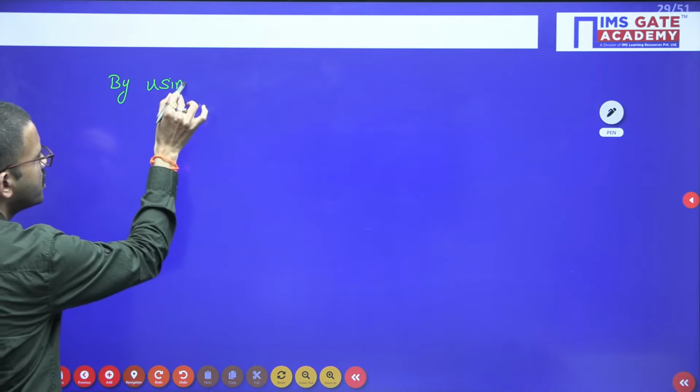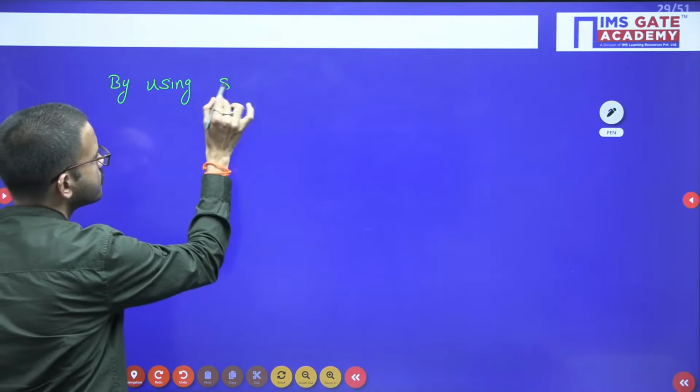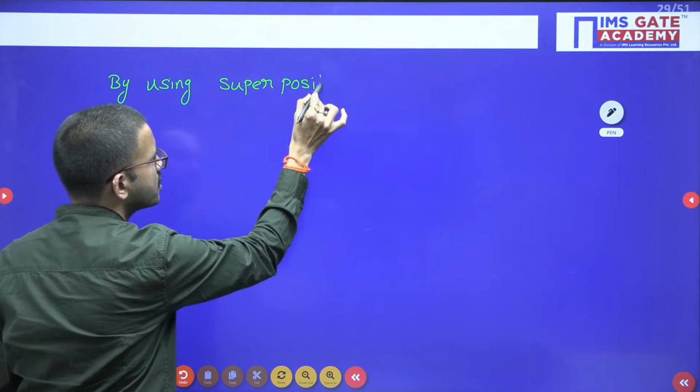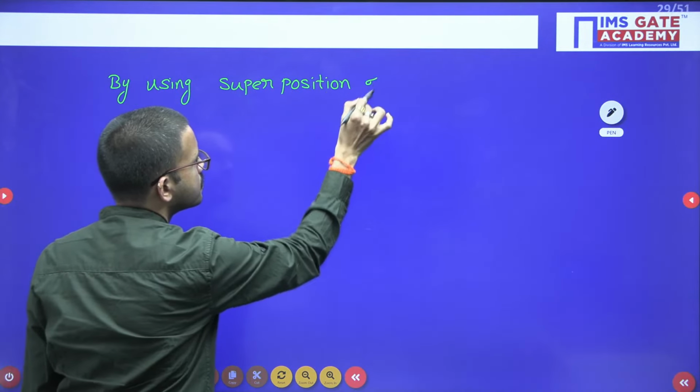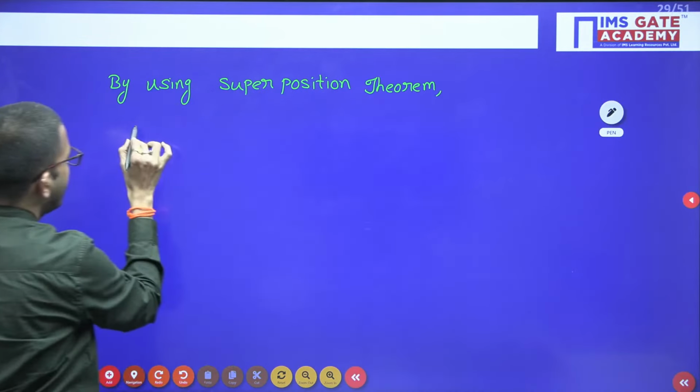whether we have to add both the currents or whether we have to subtract the currents. All of you please respond. By using the superposition theorem, here I equal to